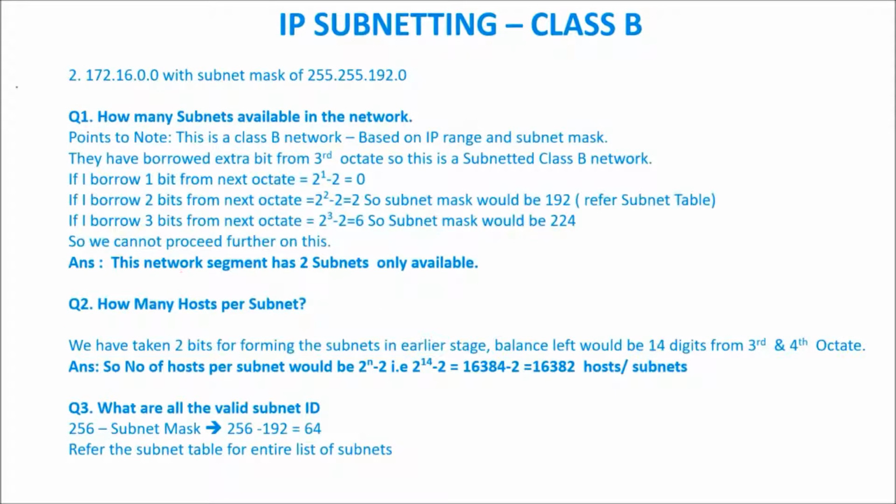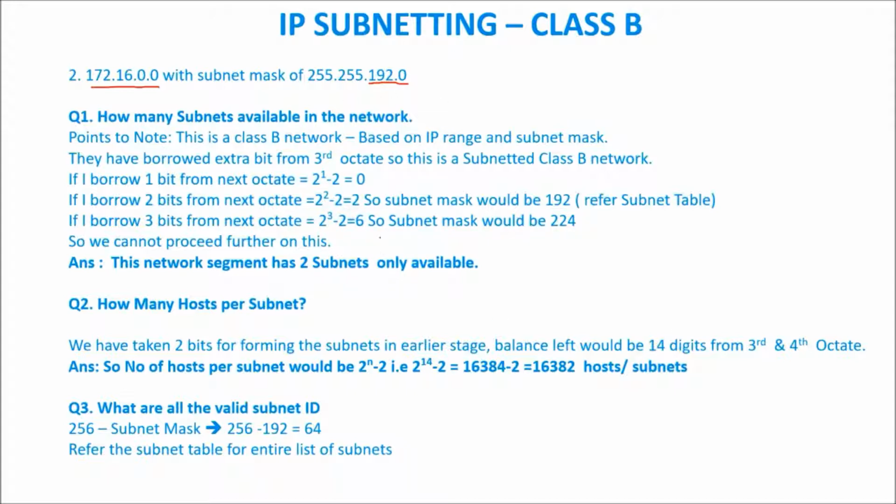So now I'm doing the second level. Instead of 128, I'm using 192. Same IP address, the network address, since it's with the zero. Now 192 is the modified subnet mask, or subnetted class B with 192 as the subnet mask. The first thing we have to see is how many subnets are available in the network. There is a big network available as 172.16.0.0. Within that network, how many small networks can I form? I need to understand that. So now I'm starting the calculation.